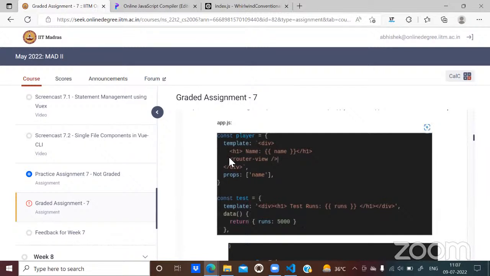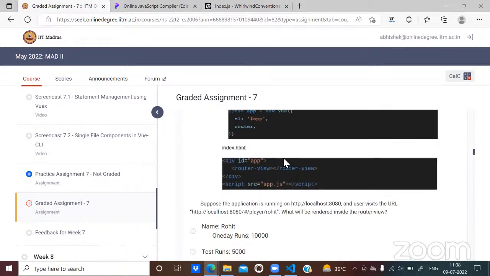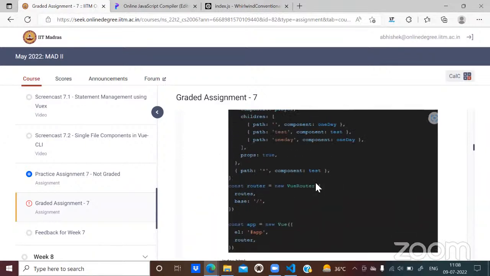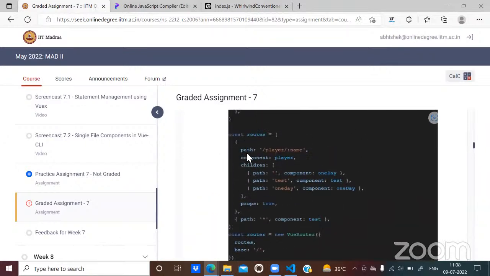If router view is mentioned here, that means you are working with children components. This is basically a root component, and there should be something defined as children of this component. The question says the user visits the URL player/Rohit. So player is the root component, and Rohit is one of its children. Looking at the paths, this is the entire path, player and name.